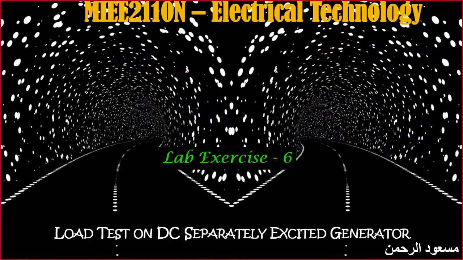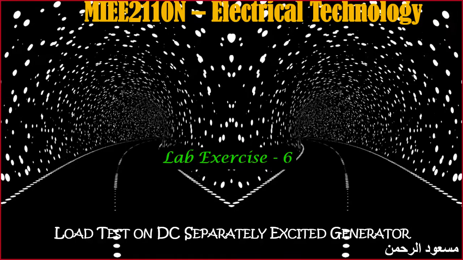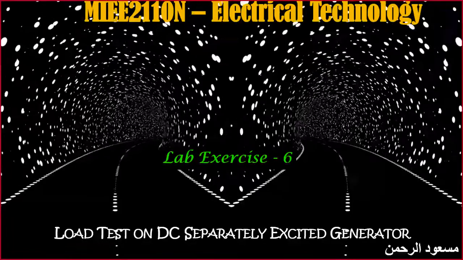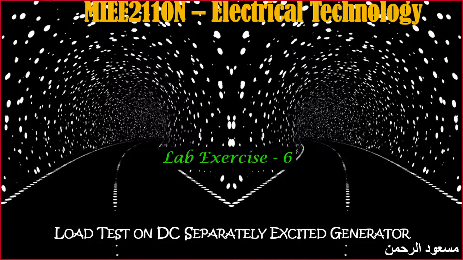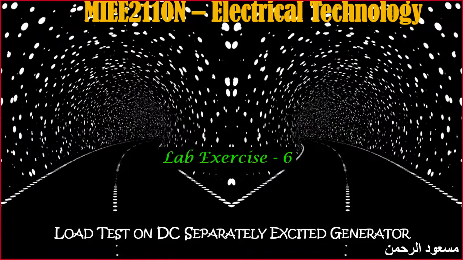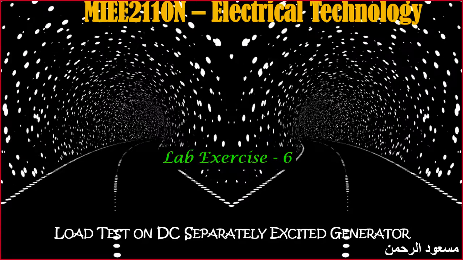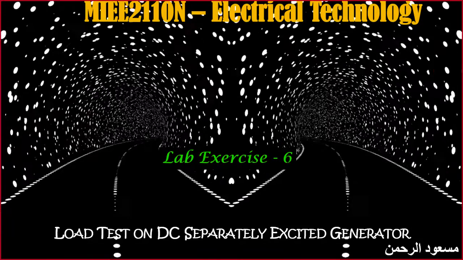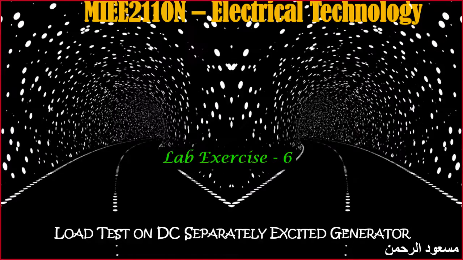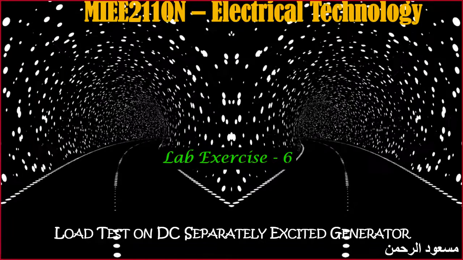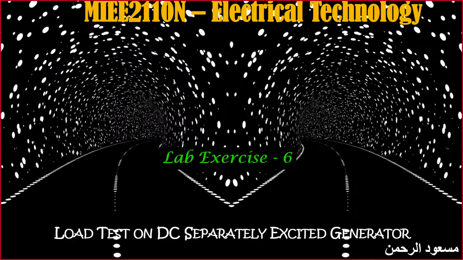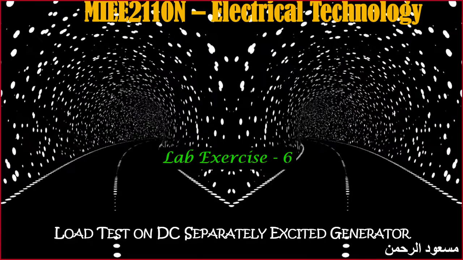In a generator or in any electrical machine, we have two important parts, and for the generator those two important parts are armature winding and field winding. Field winding is to create the flux, armature winding is to cut the flux. So the field winding should be given electrical energy to create the flux. How we give this electrical energy divides the generator types into separately excited and self excited.